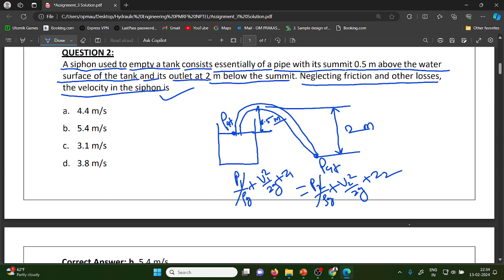So this is cancelled because atmospheric pressure is the same. Here the Z1 is what? If you consider the datum at this point,